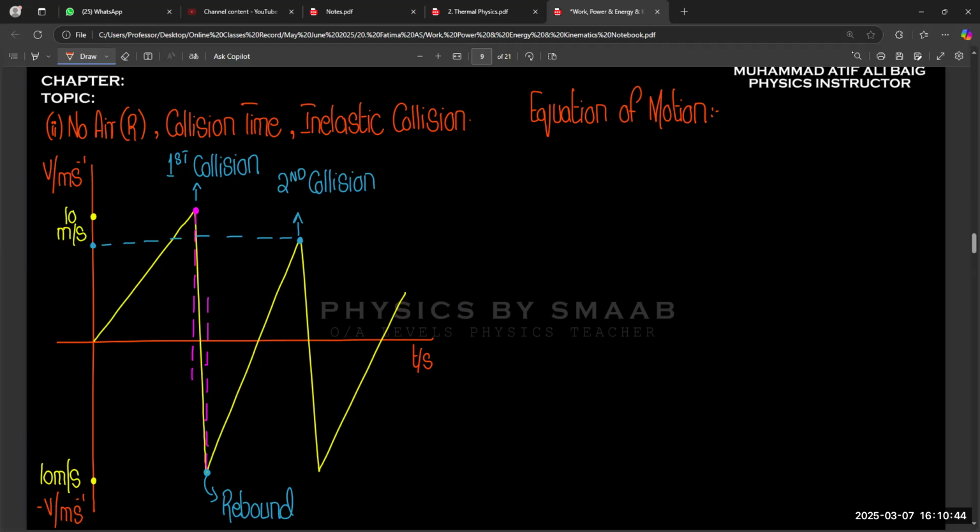In that case, there is a concept of terminal velocity. After some time, the weight of the body and air resistance balance each other, then velocity becomes constant. Before that, acceleration is increasing. So we will get a curved representation of the graph. In our syllabus right now, that curved representation of the graph with air resistance is not included.